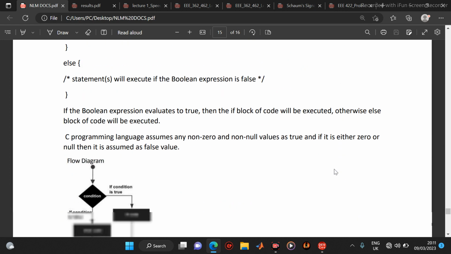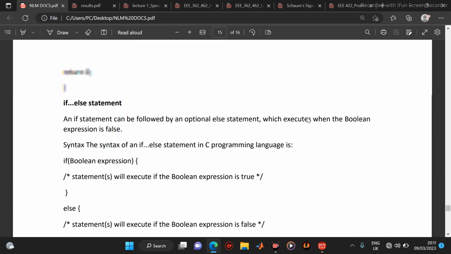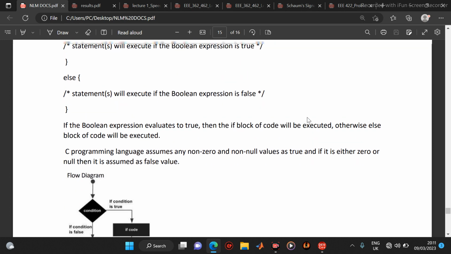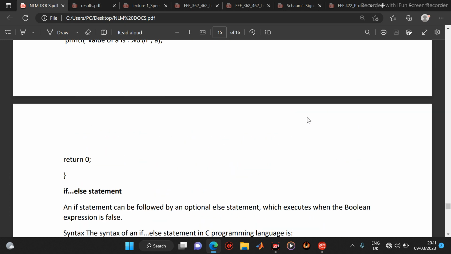Okay, so we'll continue in the next video where we look at the if else statement. What if the condition, of course, is true? Then it prints a conditional code. But what if